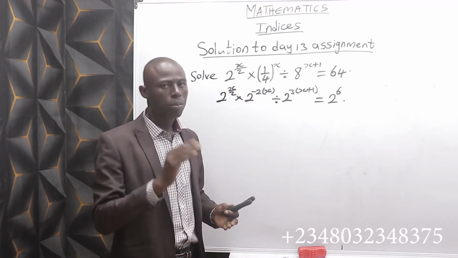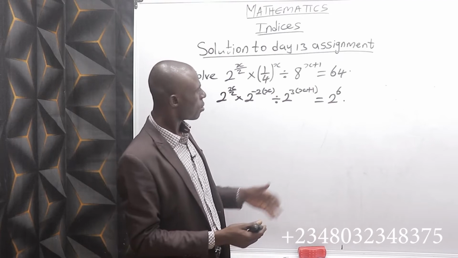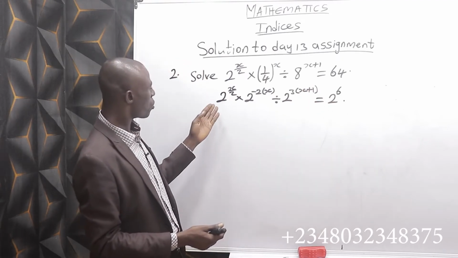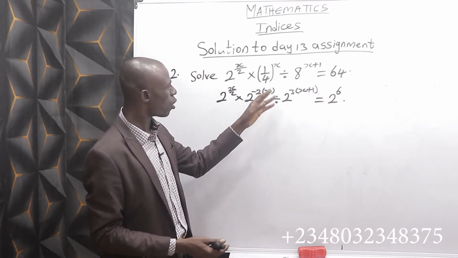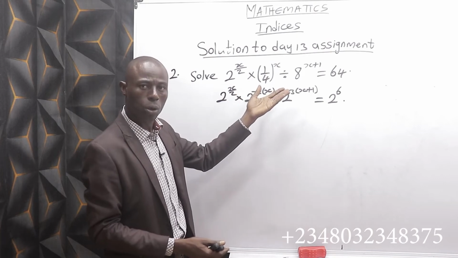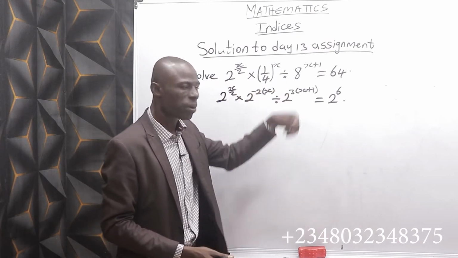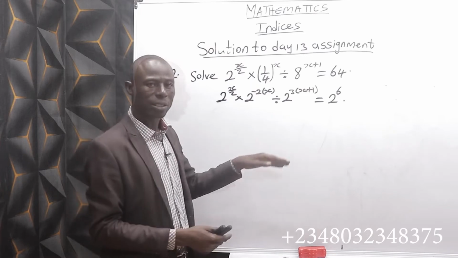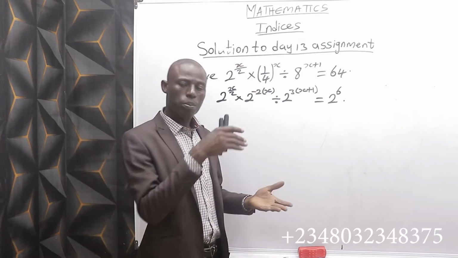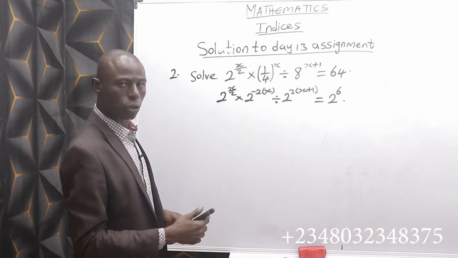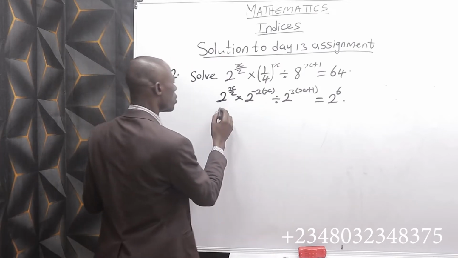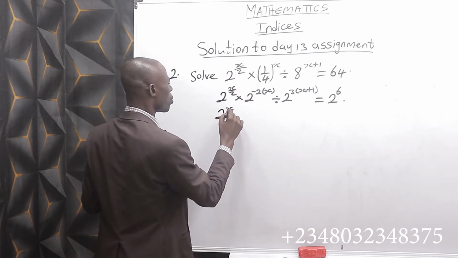It could be raised on base 8. But when you observe that base 2 is the common thing and the only obtainable root or base number here, you express 64 as well as a number raised on base 2. Do you understand? So this is 2 raised to power x over 2